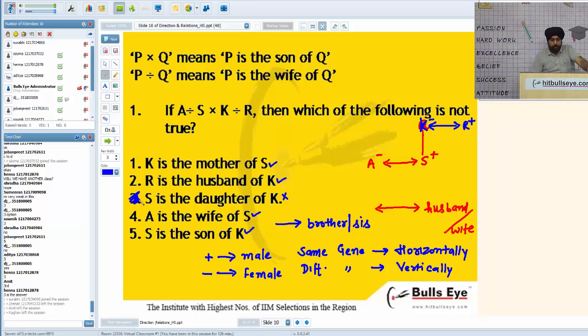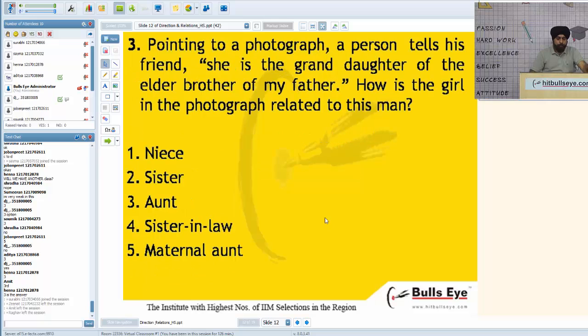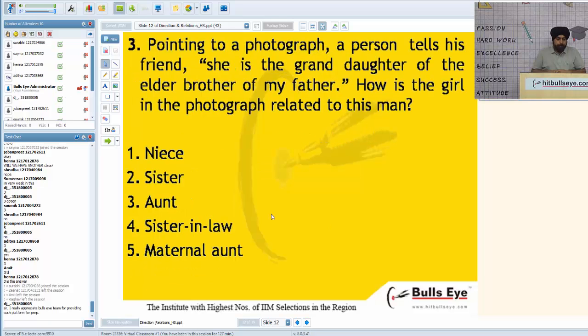Okay students, you all have got it. We'll do one or two more questions of another type. Answer this. A person tells his friend,